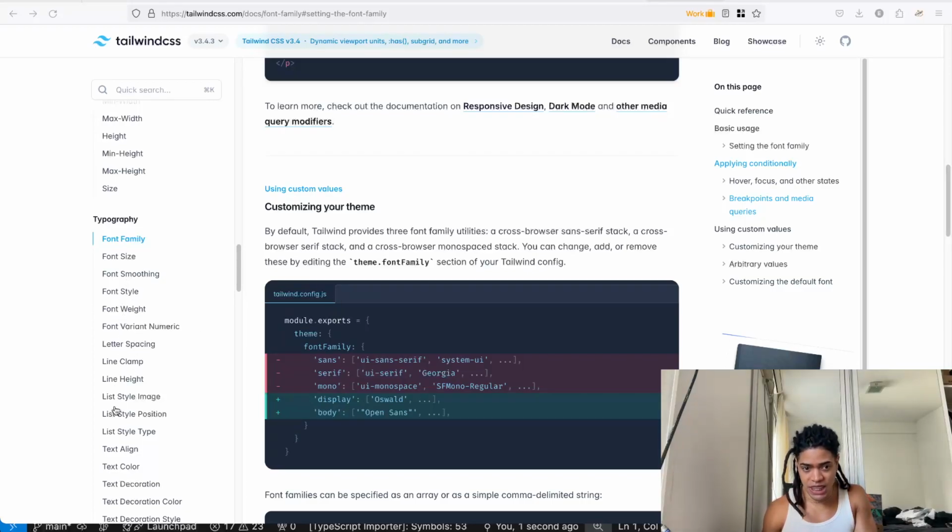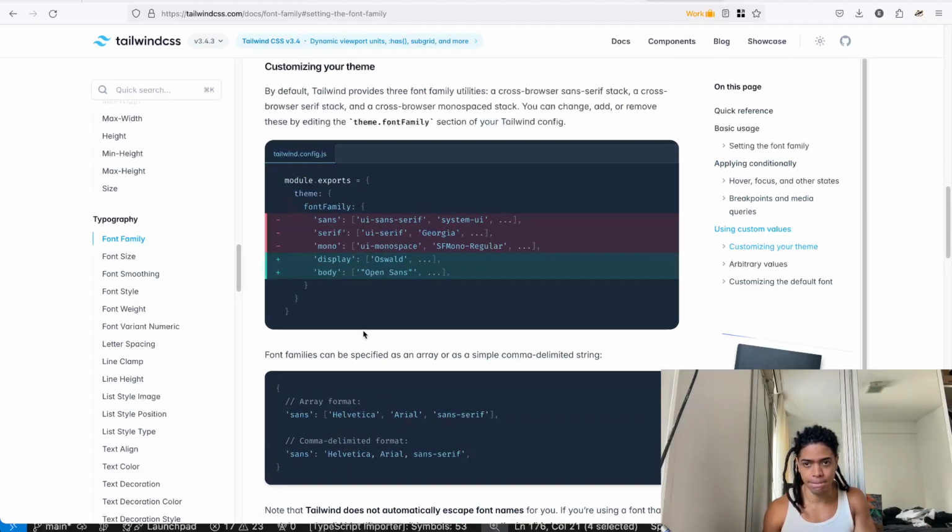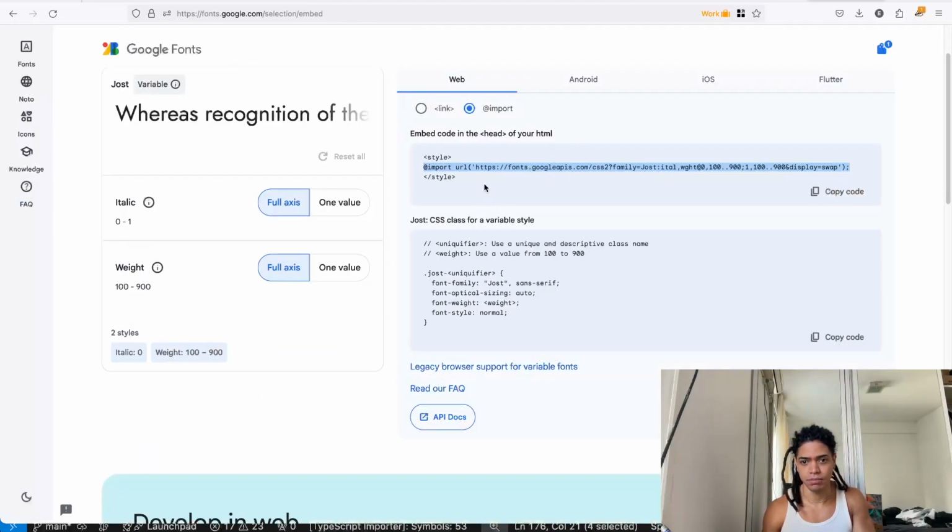So in my theme, which is in the Tailwind config, we indicate that. We say font family is sans, where now this must have something called just. It imports that like so. Font family here.